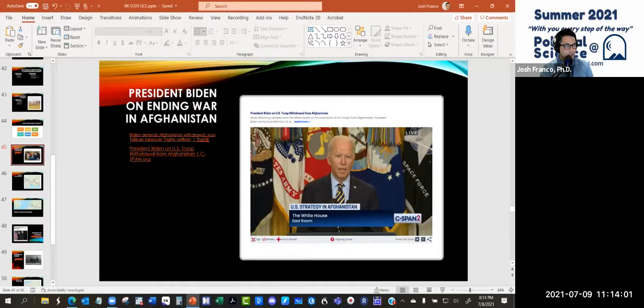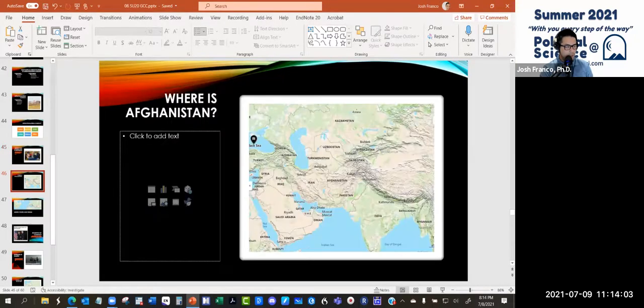All right, what I'd like to do next is to connect this, obviously, with other conflicts that are happening. So you can see that it isn't just any single conflict in isolation, but that they're nested and connected with each other. So before I do, I just want to clarify, in case you're asking, where is Afghanistan? Here's a map of it. It's located in Central Asia, and to the west of the country is Iran, and to the east of the country is China and India, and to the north of it is Turkmenistan, Uzbekistan, Kazakhstan, and Russia.